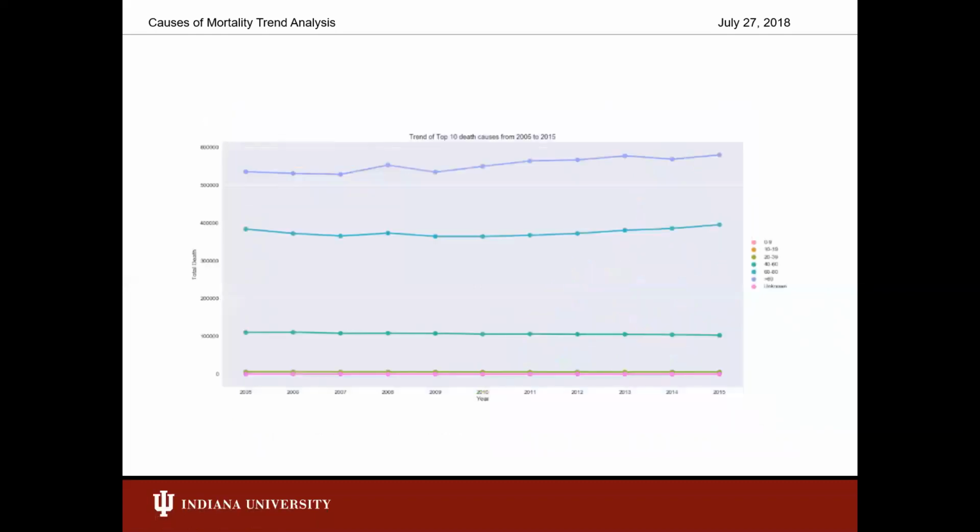So this chart here shows the trends of death across different age groups, and it looks like the death for age groups is consistent, except for the age group of greater than 80. It's possible that people live longer. People die after 80, typically, due to improvement in the medical industry.